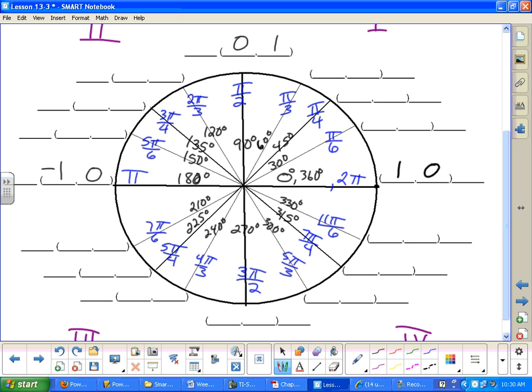So we're going to do sine and cosine first, and then we'll come back and do tangent when we're all done with them. Okay? And then we have 0 and -1 at 270 degrees. Yeah, we're going to do the sine and cosine and then come back. Okay. Now, you'll notice then that we have